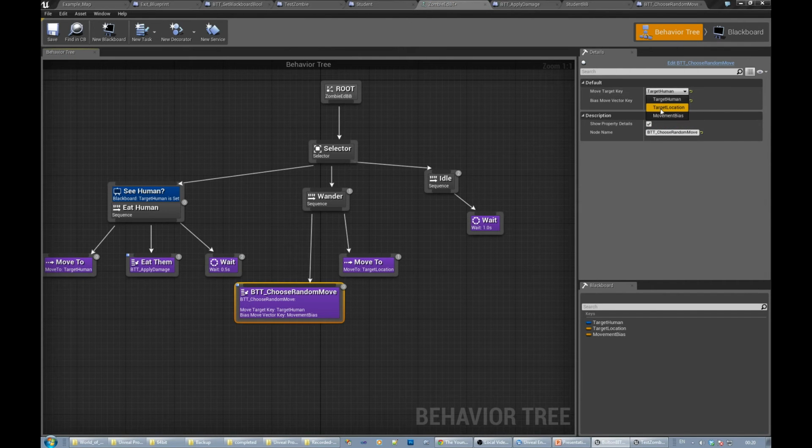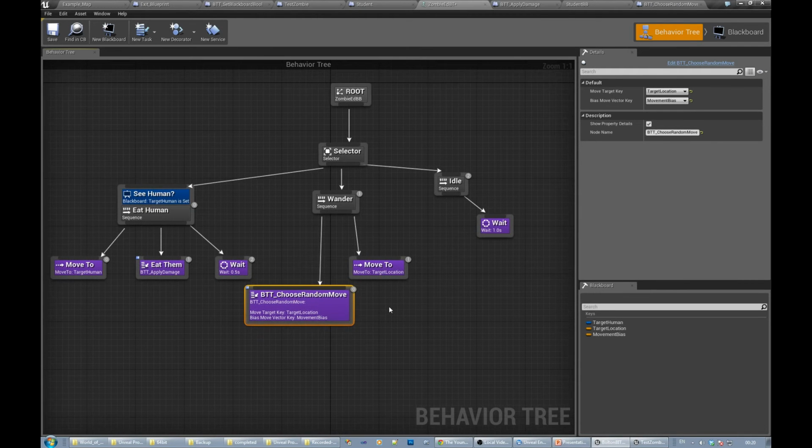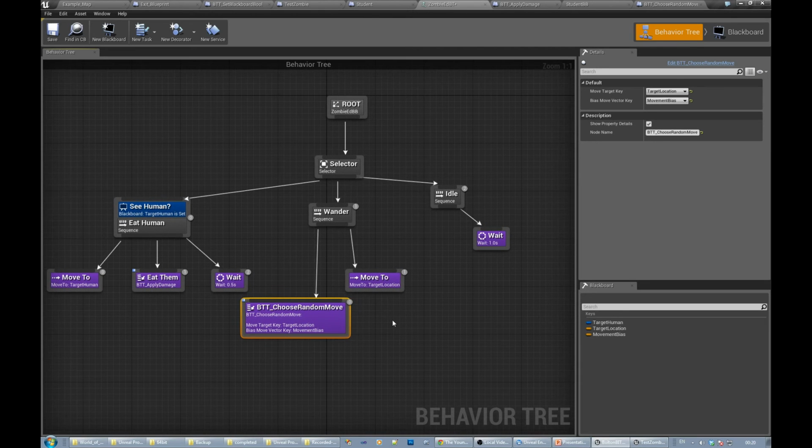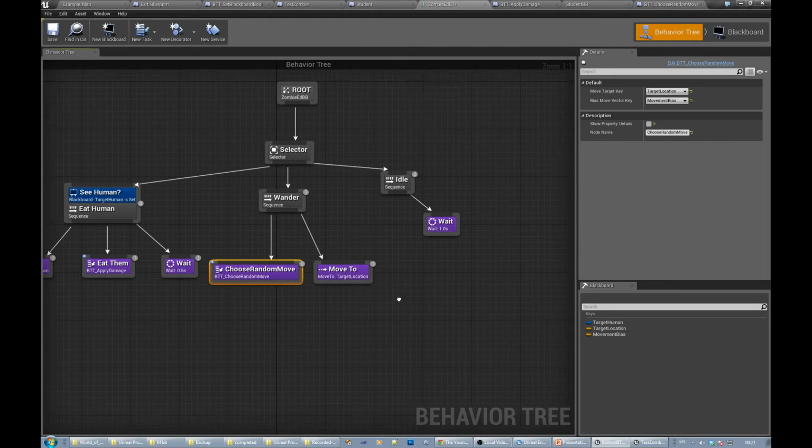So we've got the target location we're going to set, and we've got the sort of movement bias vector that we can supply, and usually that would just be 0, 0, 0 to mean don't bias it at all, and that would generate the circle around our player, our character as per normal. So that's not too bad. Let's just rename that to choose random move. So it's going to choose a random movement point. It's going to move towards it,